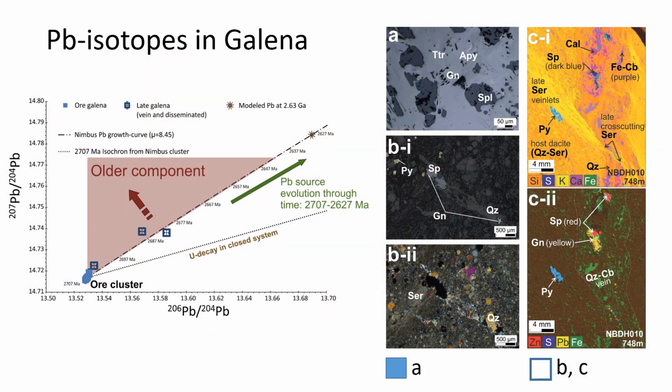So we measured lead in two different types of galenas. What we called ore galena, which is associated to the polymetallic ore phase, which is the main mineralization. And the second type of galena is the late galena. And these galenas occur in late quartz carbonate veins that